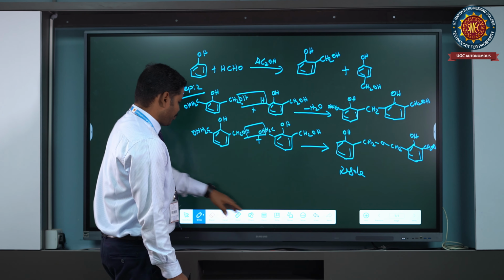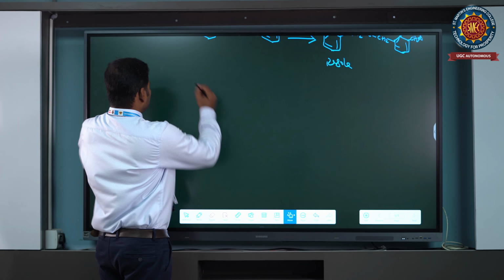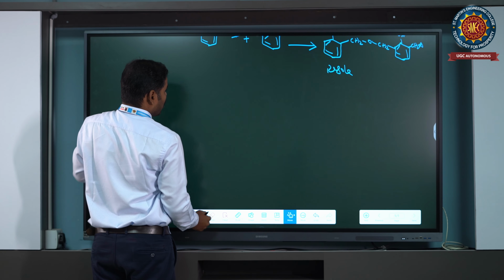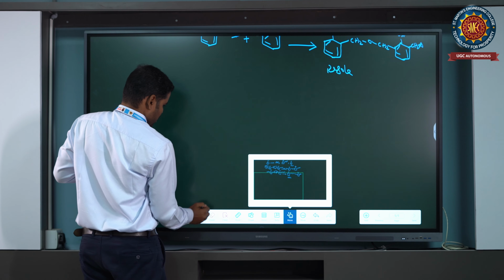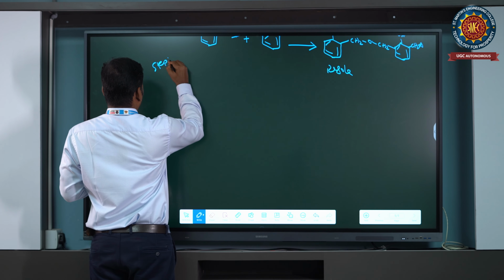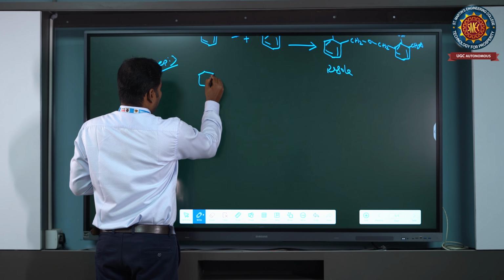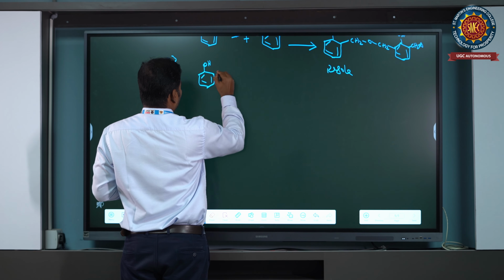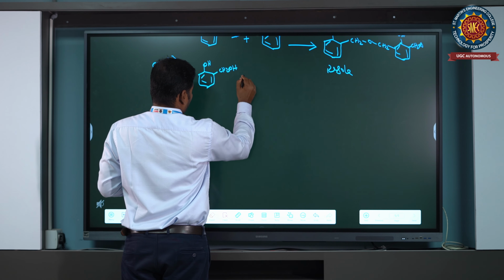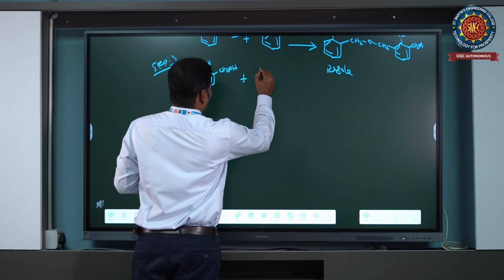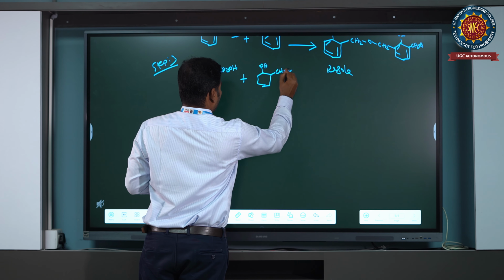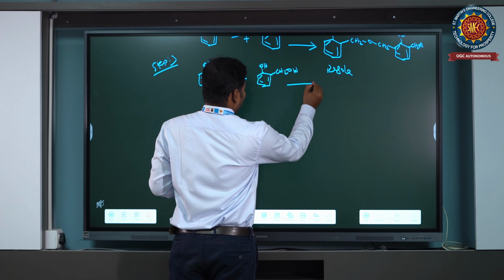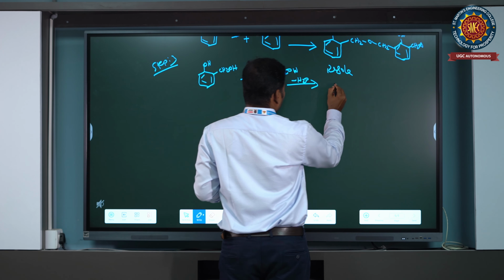Whereas third step, step 3. C6H5, C6H4, CH2 OH plus CH2 OH, CH2 OH, followed by condensation reaction, elimination of water molecules, it gives